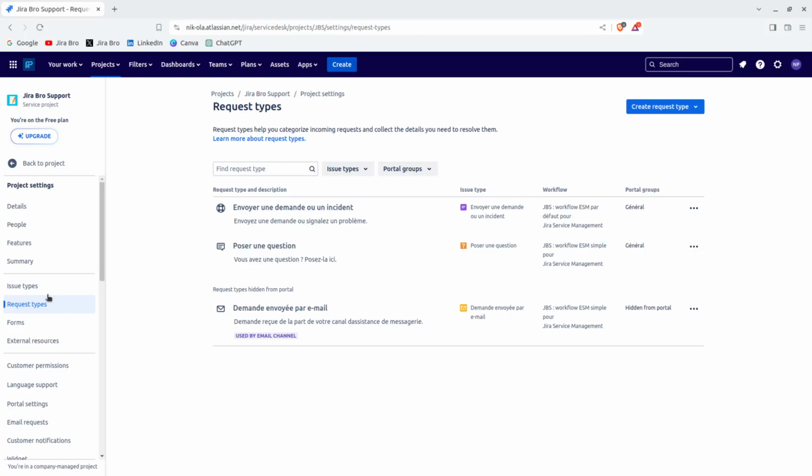Because first of all, as you saw from the customer portal, they only care about the request types. They don't want any issue types or something like that. Agents are actually the ones who are setting up the issue types. So with that said,